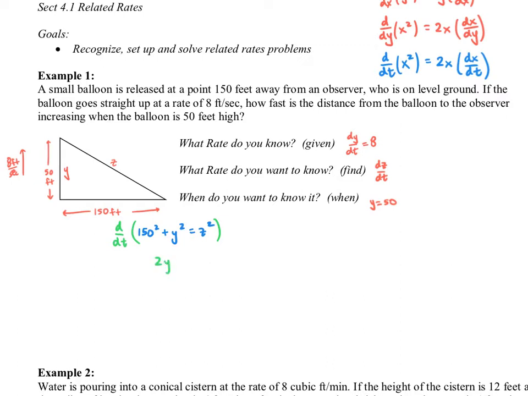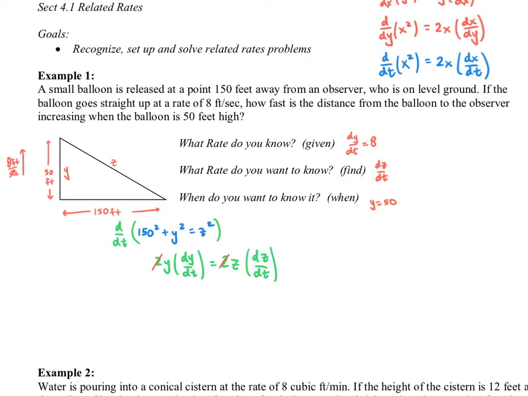Then we get 2y multiplied by dy/dt and 2z multiplied by dz/dt. So we have basically 4 variables here. We have y and z, and we have the rate of y and the rate of z. We could cancel the 2 on both sides of the equation, and then we need to start to substitute in our values. Now we're trying to solve for dz/dt, so we're not going to be able to substitute anything